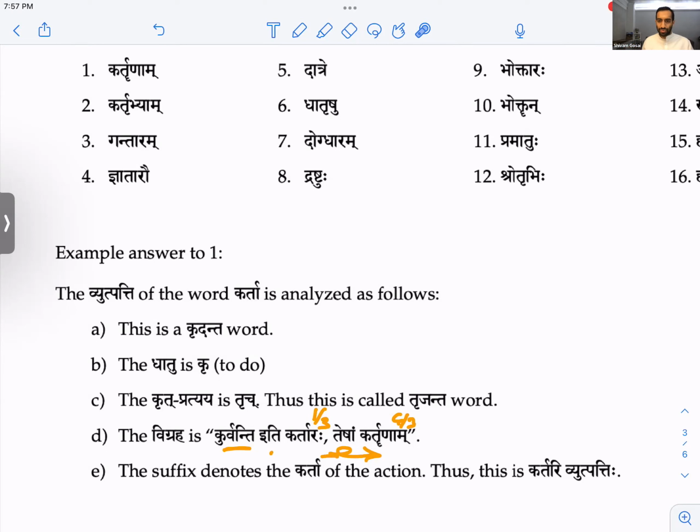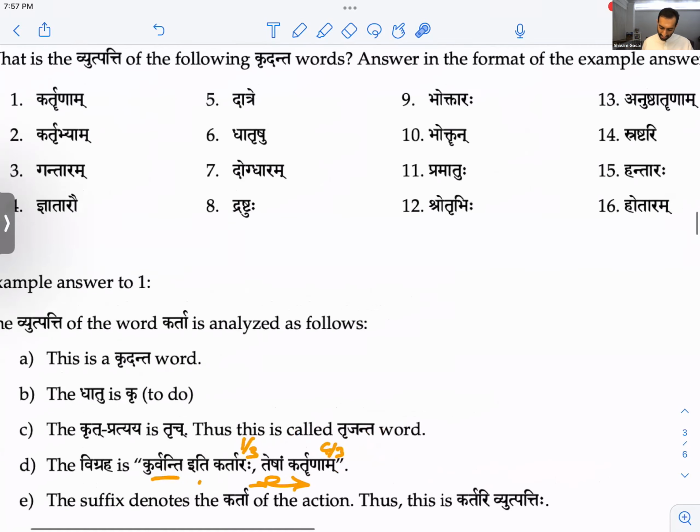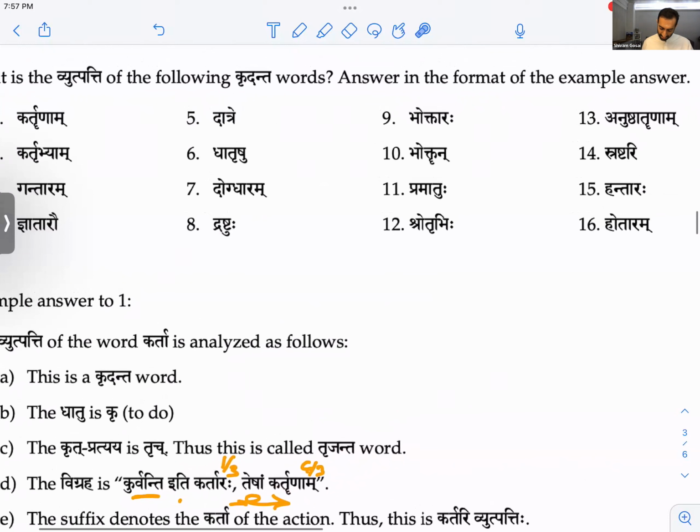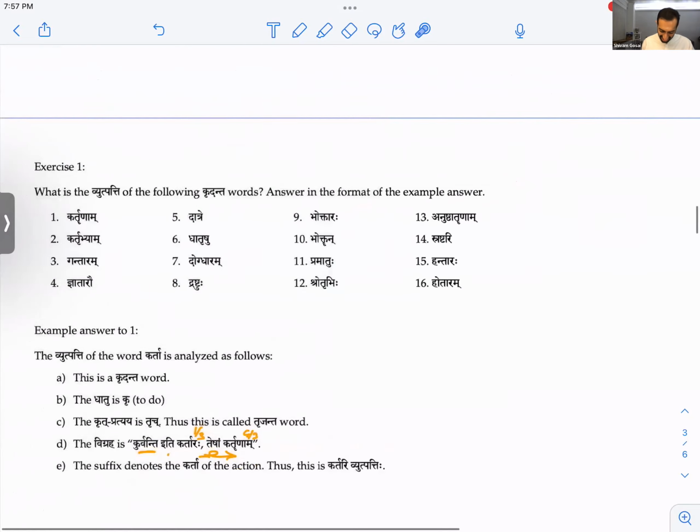Let's try one more. Let's just pick one randomly. Pramatuhu. Okay.